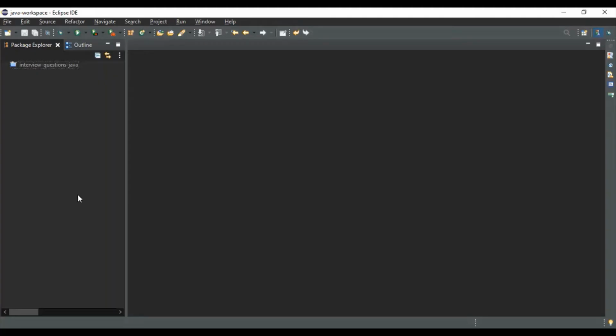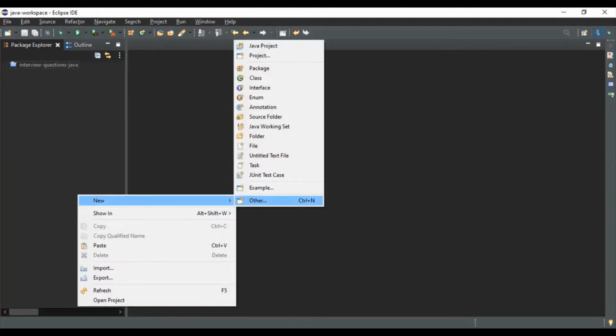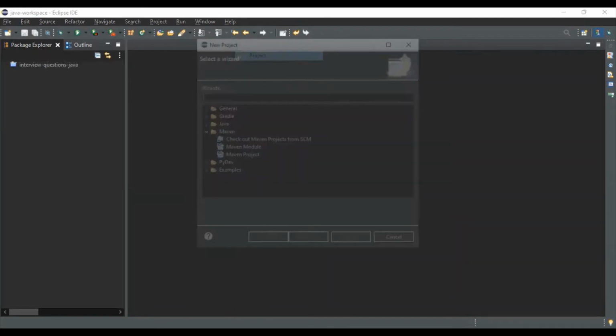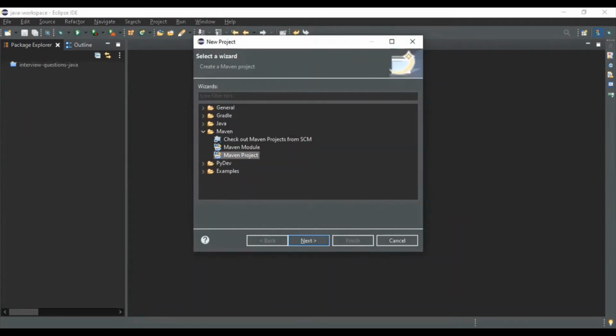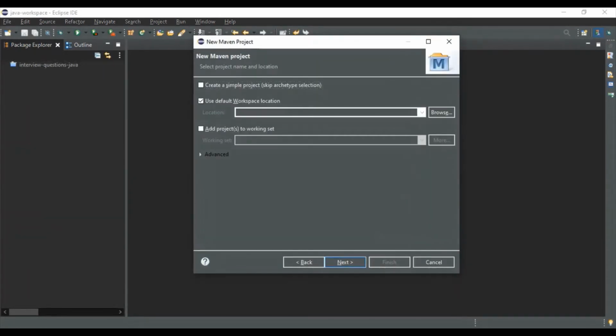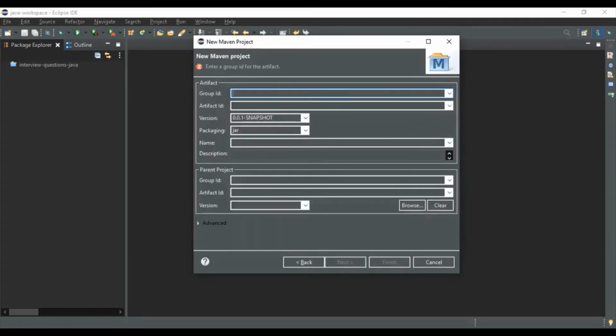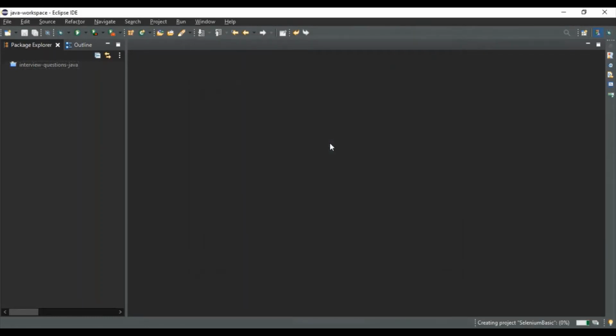I'll create a new Maven project. We won't select the archetype or anything, we'll just create a simple project. The Maven project structure has four source folders and one pom.xml.